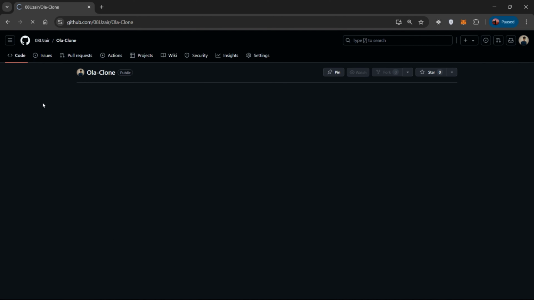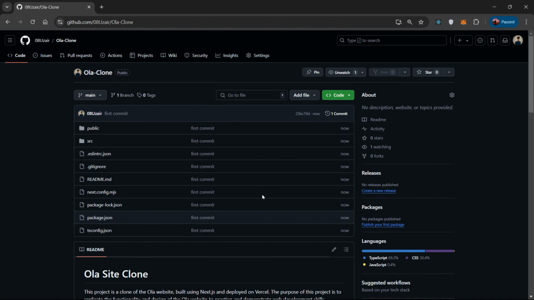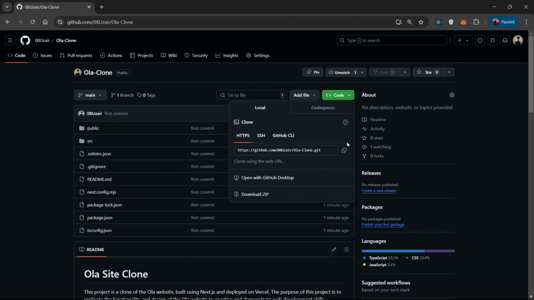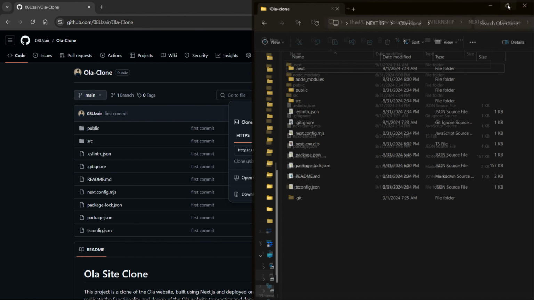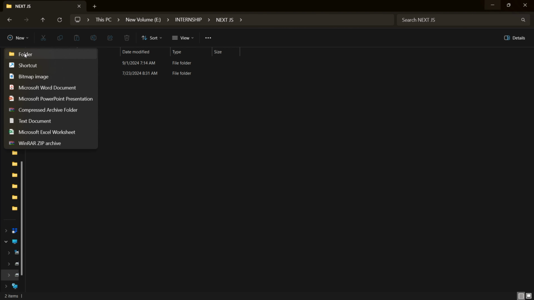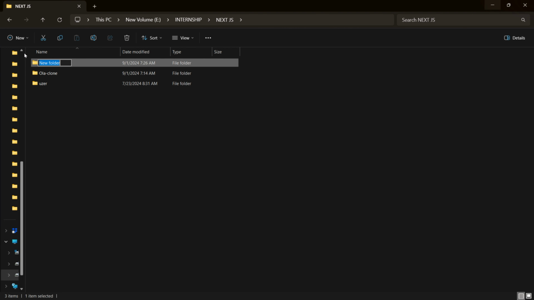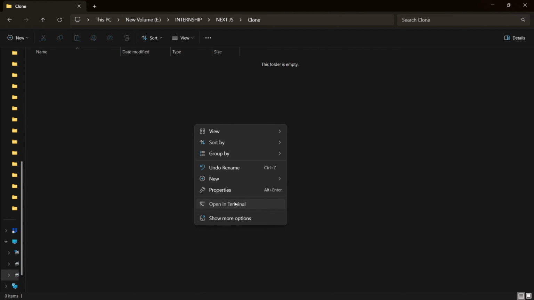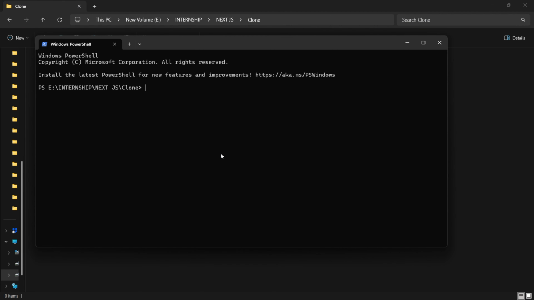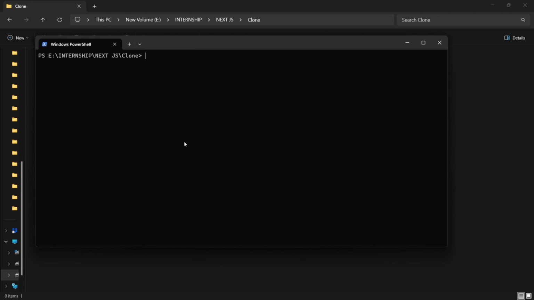And reload this page. Here repository has been developed. If you want to clone this project, you have to click here, copy this link and create the folder in the file manager. First we will create a new folder for clone. Then in the clone, in the terminal, when you open here, first I will write cls, then write